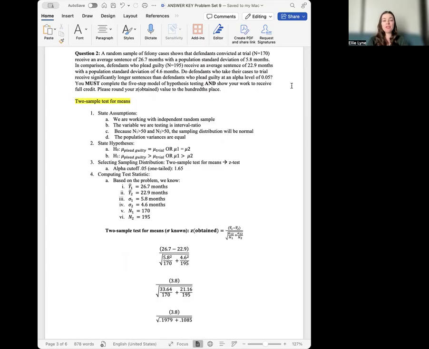And so in our very first sentence, we have a few clues for us here. And I see right off the bat that we have a key term here, which is average sentence, right? Average is basically just a synonym for mean. And so I know that I will be conducting a 2 sample test for means. I also see here that I have 2 distinct groups, defendants who plead guilty and defendants who take their case to trial. I'm not comparing either of those groups to a national population. And so it's not just one group versus a big population,